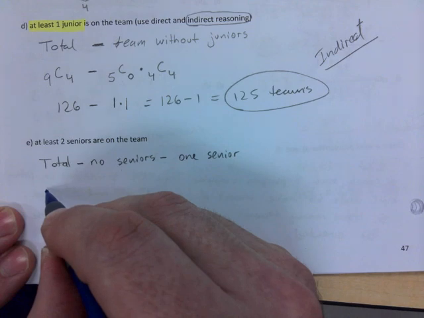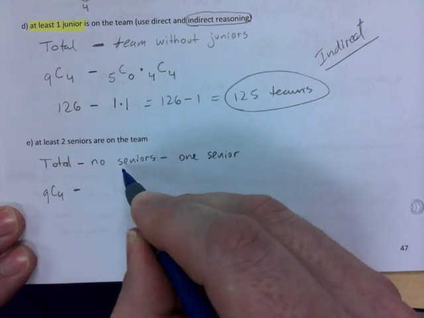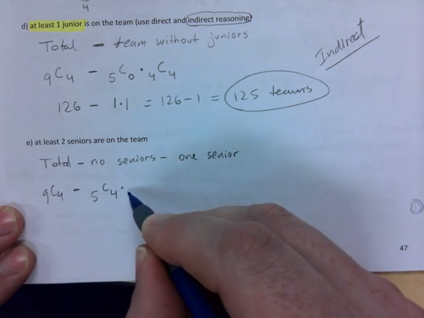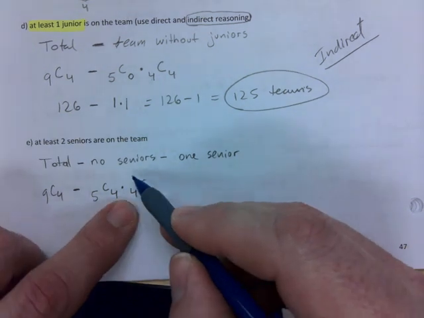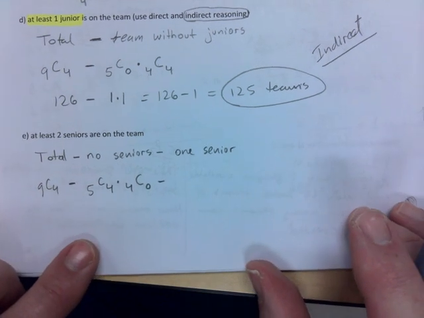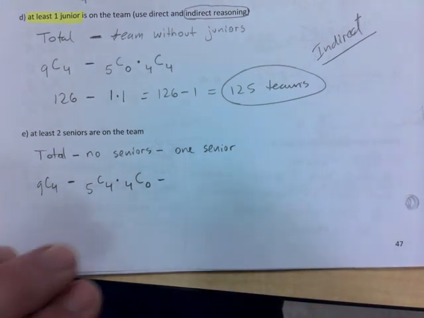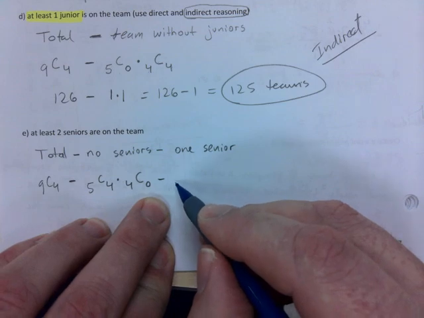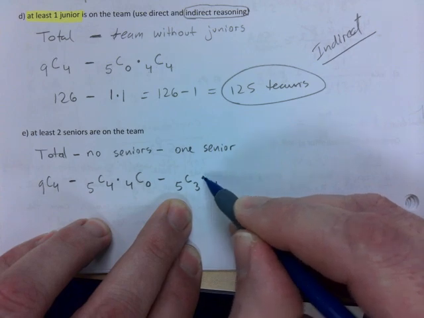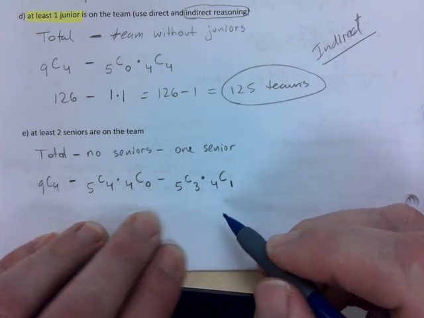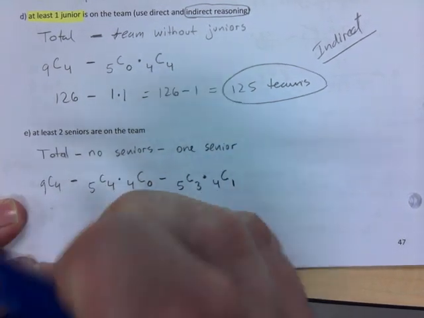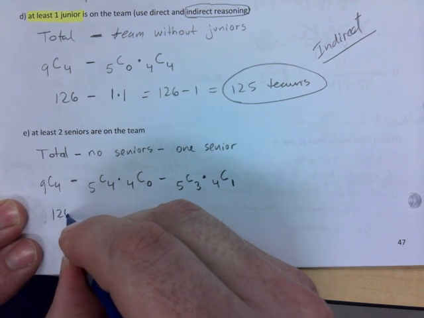So again, this is 9 choose 4 minus no seniors. From the 5 juniors, we choose all 4, and from the 4 seniors, we choose 0. Some of you might think this is irrelevant, it's just 1. In a sense it is, but sometimes it might be a different number, so you have to watch out. One senior: from the 5 juniors, we would choose 3, and from the 4 seniors, we would choose 1. So 9 choose 4 is just 126 minus